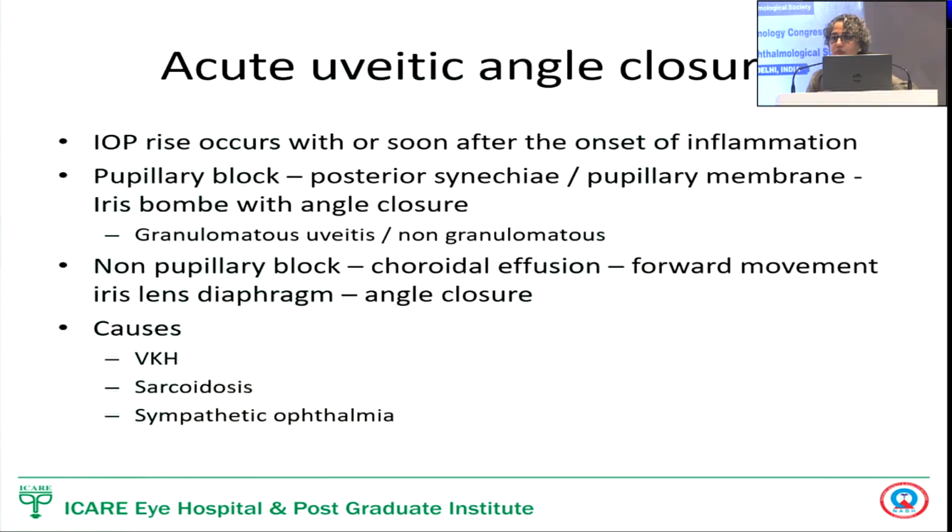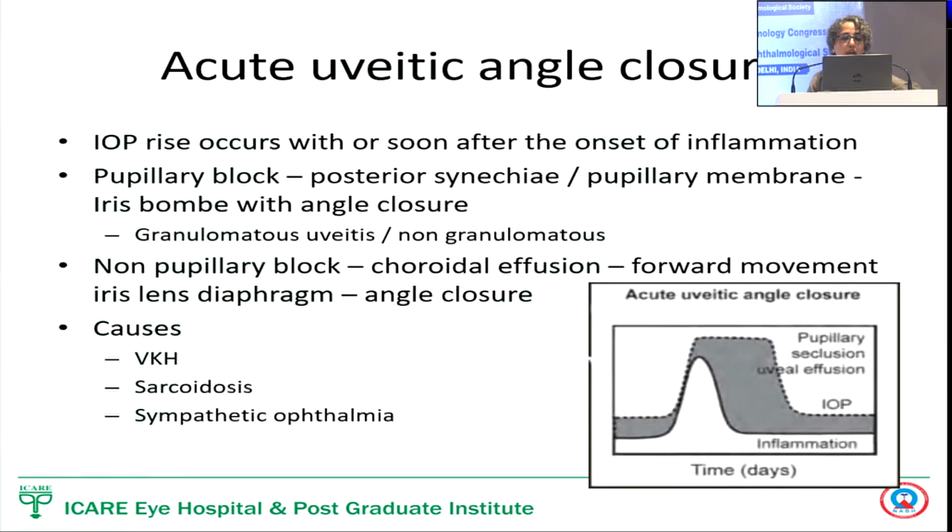In acute uveitic angle closure, a PI can be required. If you have pupillary block, you might need to do more than one PI, and sometimes if the inflammation is active, they can even block. So you need to give aggressive steroid treatment in the post-laser period. And if you're dealing with an eye where synechial closure has happened, these patients often require surgical intervention.